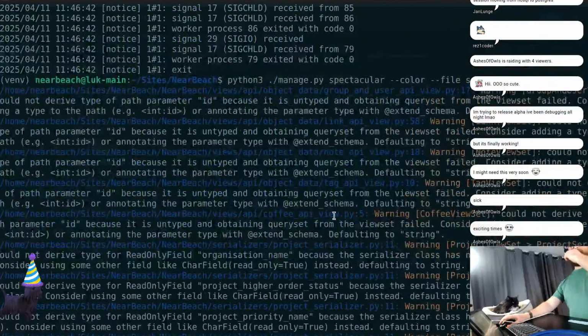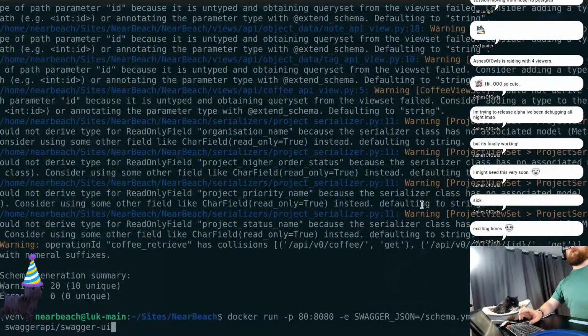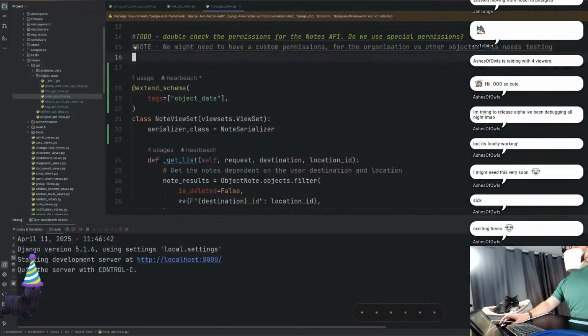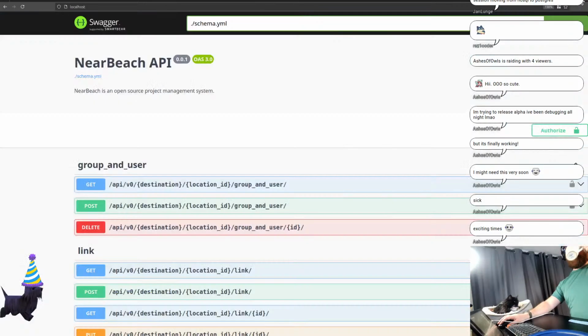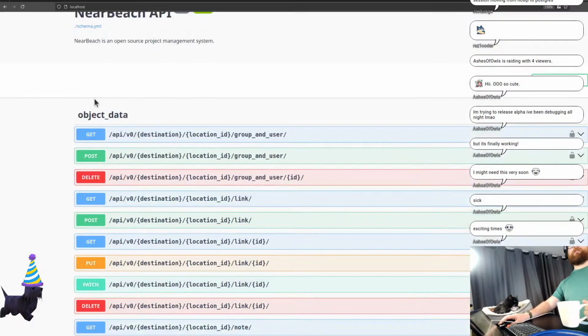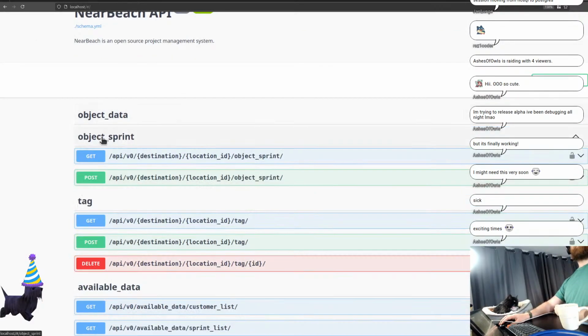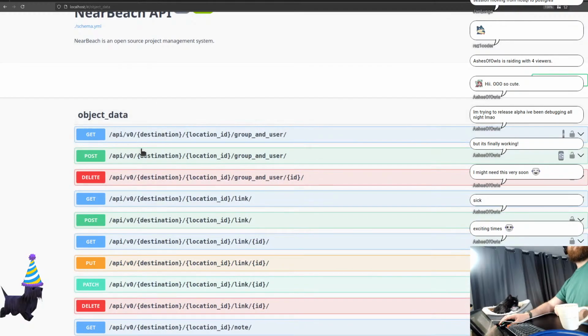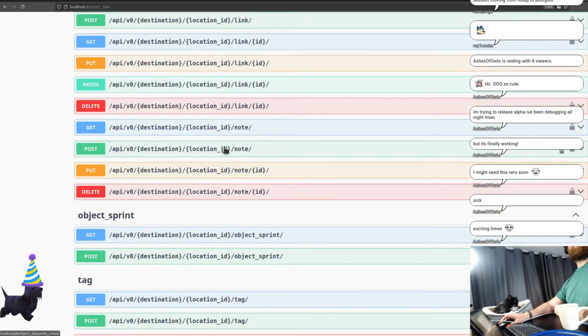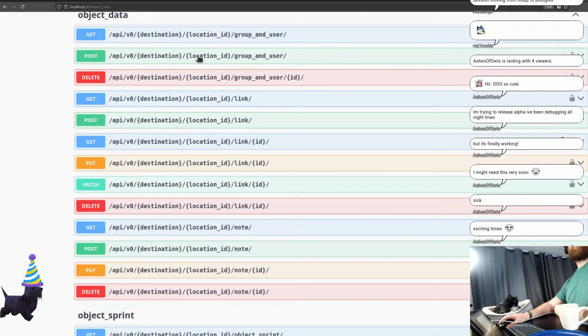So I don't see any new errors. We just got warnings. All right, sweet, that's fine. If I refresh, we've got object data. Oh, all right. I like that. So it's got the groups and users, link, notes. All right, even better. So what I would then do,